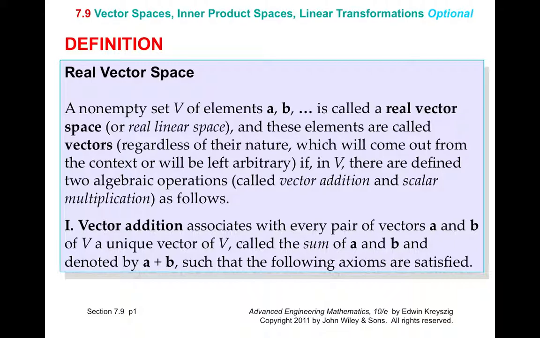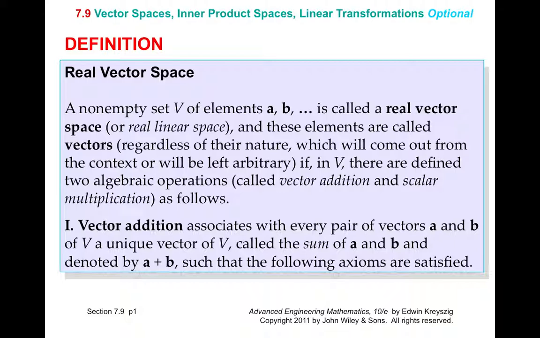So the first definition that we want to make is: what is a real vector space? Basically, as long as we have some set that includes some elements, we would refer to this as a real vector space or a real linear space. And the elements A, B, and so on are called vectors, and that's independent of their nature. So they can be variables, etc. And as long as within V